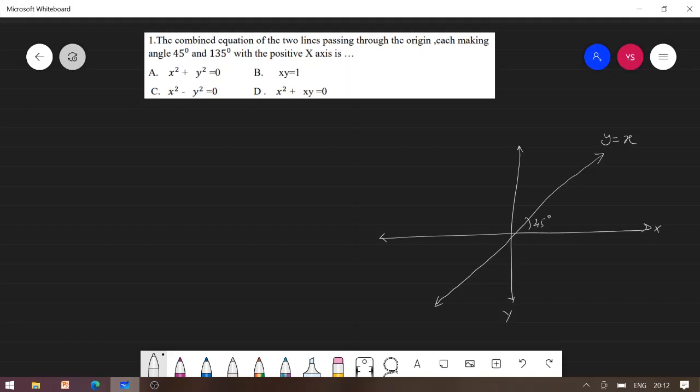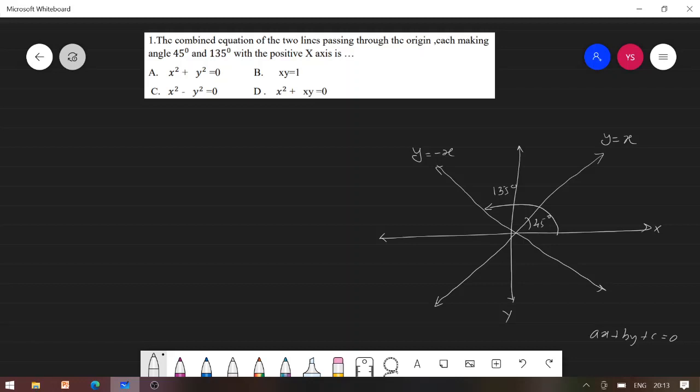For 135 degrees, the line passes through the origin, so its constant term becomes 0 as compared to your standard equation of a line ax plus by plus c equals 0, for all a, b, c belonging to the set of real numbers, provided that a and b must not be equal to 0 simultaneously. So y equals mx, where m is the slope of the line which makes an angle of 135 degrees. So tan of 135 degrees becomes minus 1. So we have the equation of the line as y equals minus x.